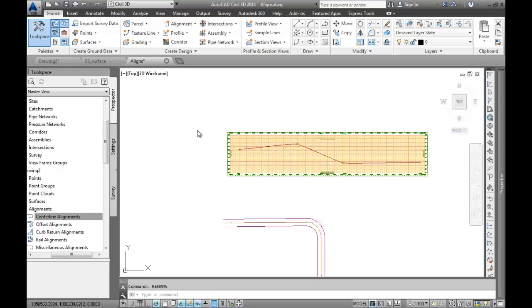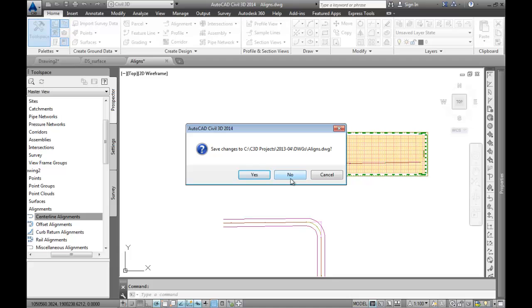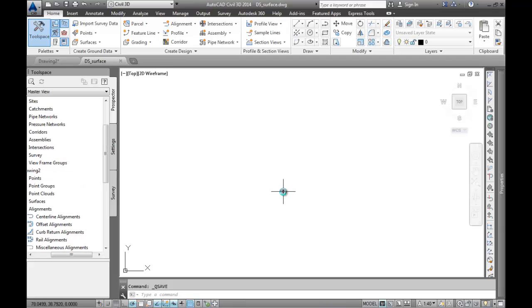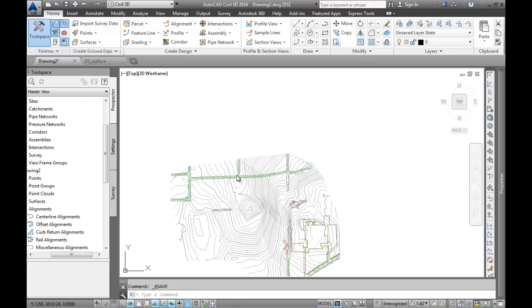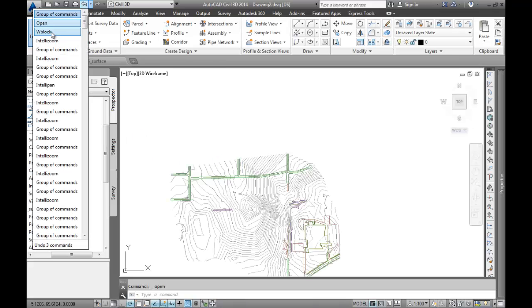Let's close the aligns drawing. So that would get us a drawing that's a lot cleaner. We could probably clean that drawing up in a few minutes without too much trouble. But as I said before, at the beginning of this video,